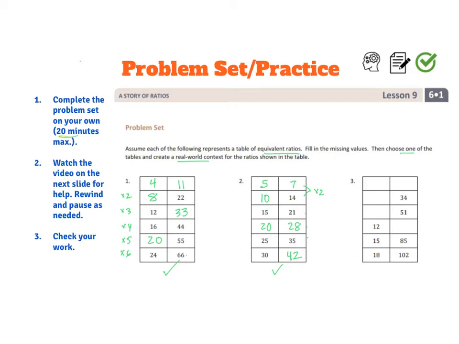Here, this one looks a little crazy. I've got 12, 15, 18. I'm thinking this could be multiples of 3, because this is 3 times 4, 3 times 5, 3 times 6, if I'm thinking along the same lines. This would be 3 times 3, 3 times 2, 3 times 1. Let's just say that part is okay for now, but then 3 times 4,